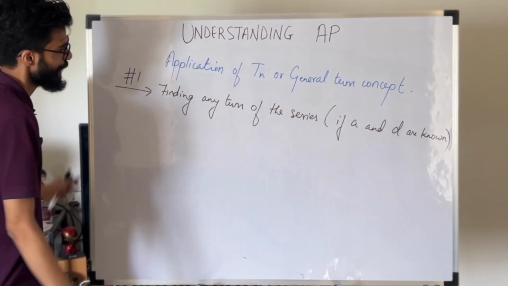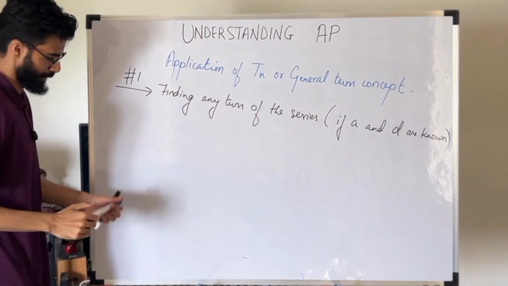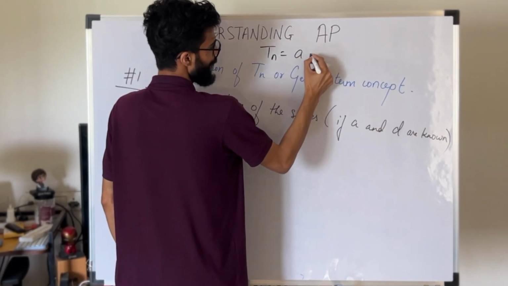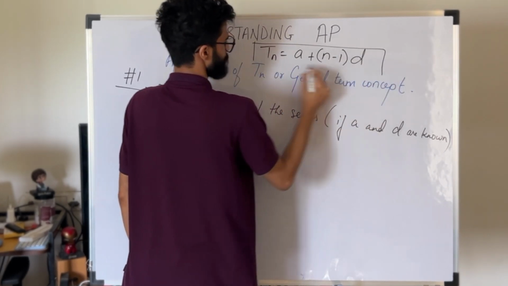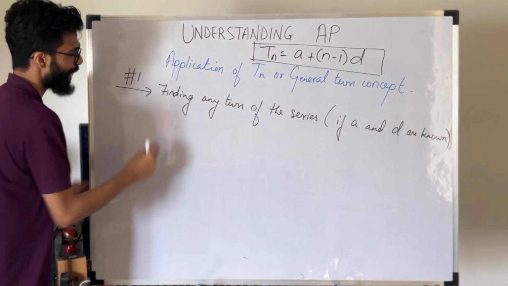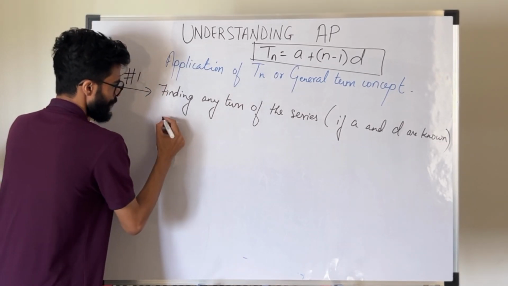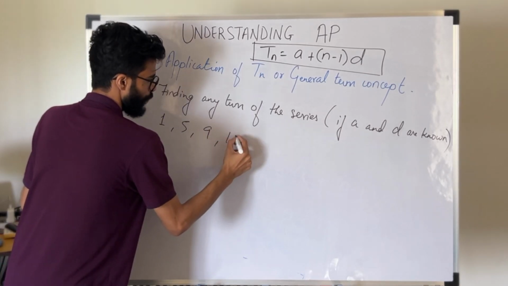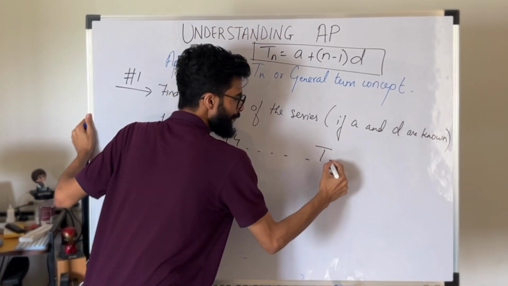Now let's understand application of Tn or general term concept. My Tn का formula is Tn is always A plus n minus 1 times D. So we can use this for finding any term of the series. Suppose they give me this series 1, 5, 9, 14 and so on. They are like T21